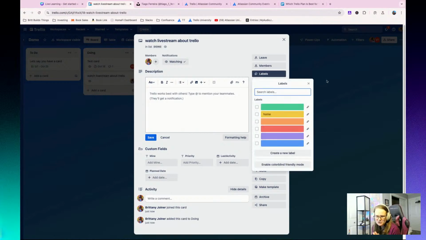Scott said, is there a way to show hours of the day in the view, i.e. to schedule time? Not yet, Scott. And I can't say too much about this, but let's just say Trello's thinking about this. I'm going to get a link where I encourage you to sign up for a design session, and Trello may be able to show you some more things here. So let me get this link.